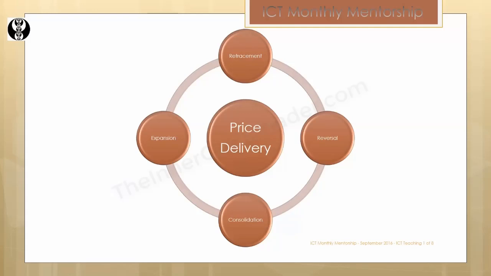Now, sometimes it may expand so far that we can't do anything with it. We have to wait for the retracement or the next consolidation. There's nothing wrong with that. It's all normal. You're not going to catch every move. The main thing is just understanding these four individual characteristics to a trade setup, because price is delivered by one of these four conditions. It can't be any other way.